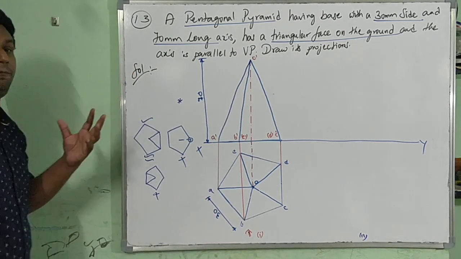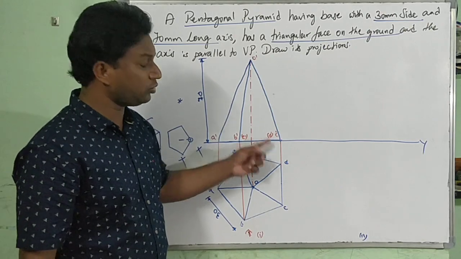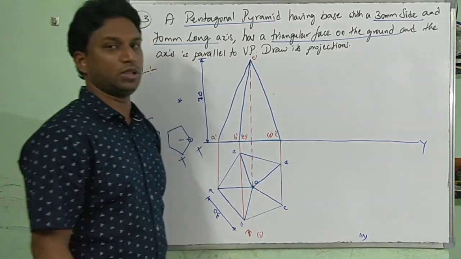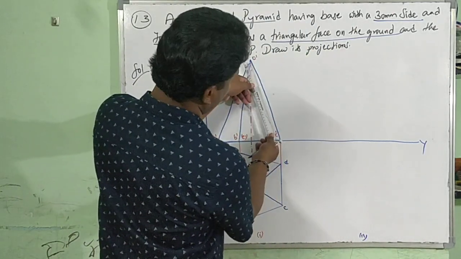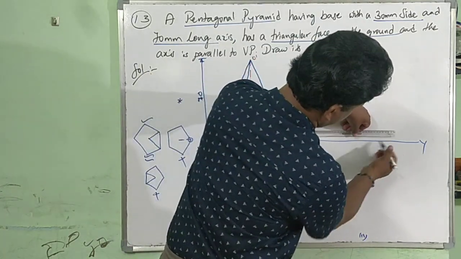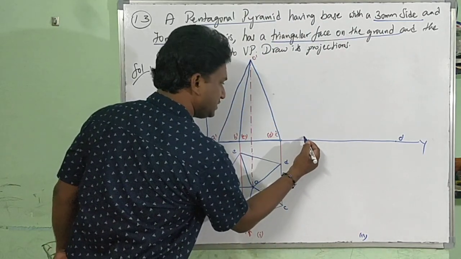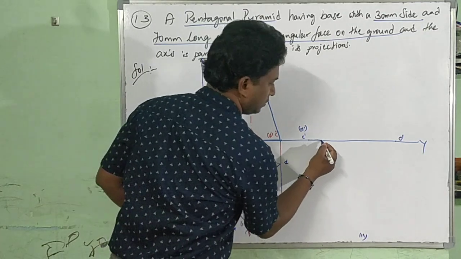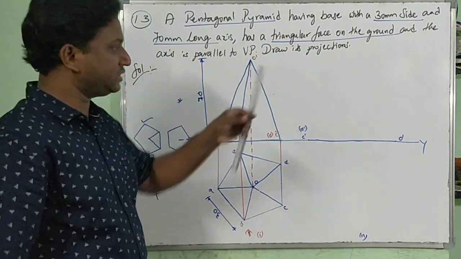Now you have to compare with the previous problem. There was only a single point at the corner, but here there are 2 points: C dash, D dash. This triangular face should be on the ground. The same problem we also did last time, the hexagonal one. So this slant edge, try to plot it here. This becomes O dash. This is C dash and in brackets D dash. This length is the slant length. You have to measure and draw it.